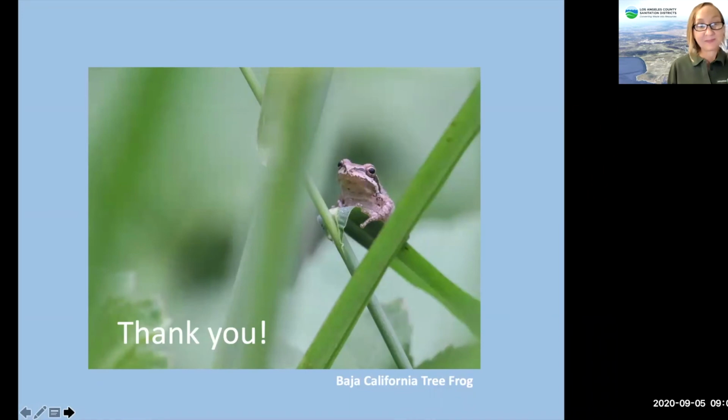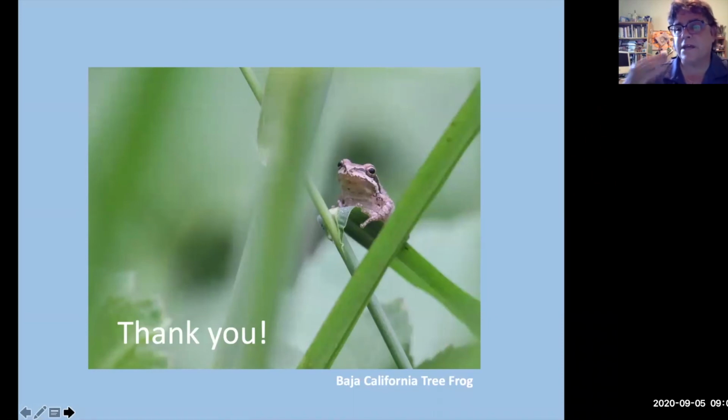The Pacific tree frog is threatened. Climate change has caused chytrid disease. And so the frogs get a fungus in their mouth, which causes them to decline. But other than that, at this moment, there aren't any. However, through the system, the least Bell's vireo will be there. There will be endangered species who need this critical spot to stop, rest, feed, and continue on their way on their migration.